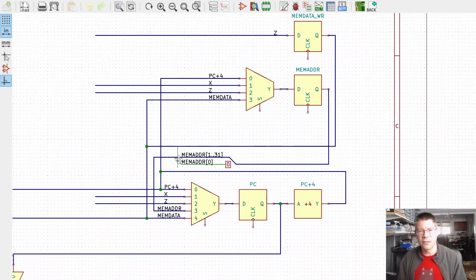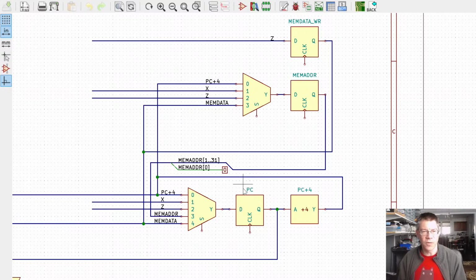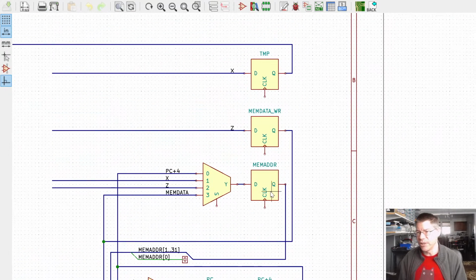And then over here, you can see some of the internal registers that I've started laying out. So this is the PC, the program counter. This is the memory address. So this is the data if we write something to memory. And this is just a temporary register, which I found that